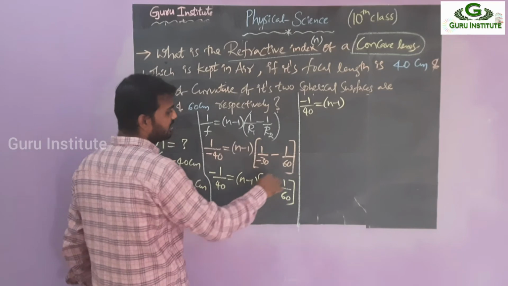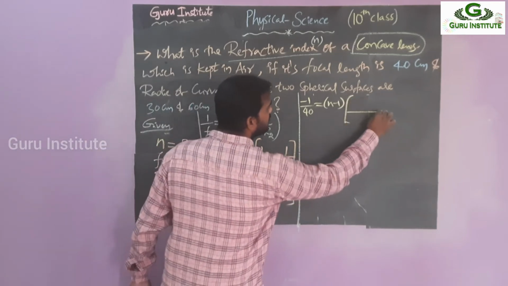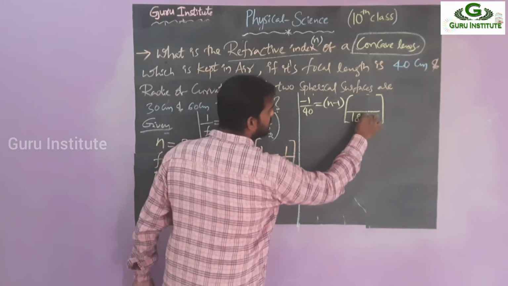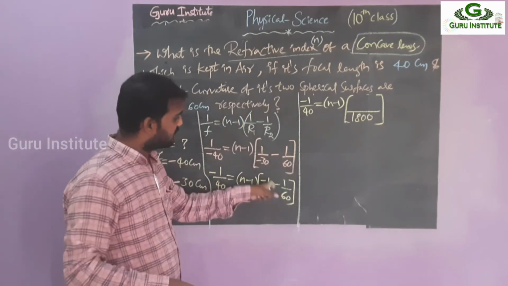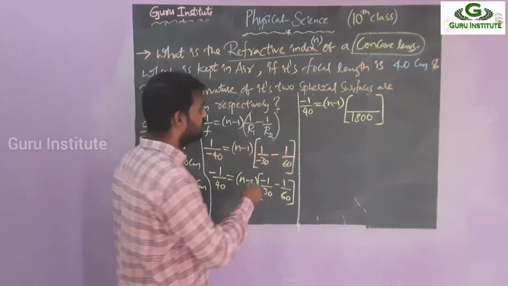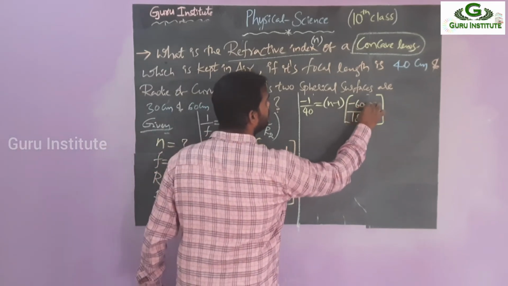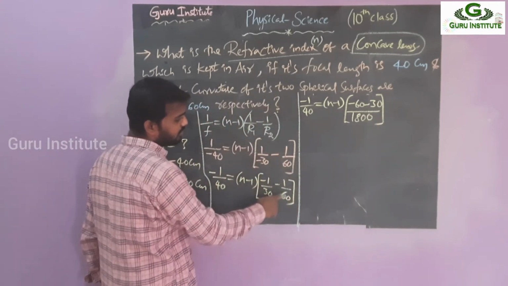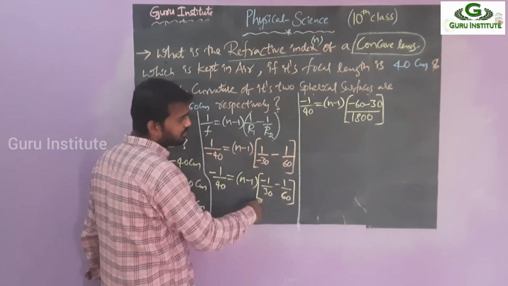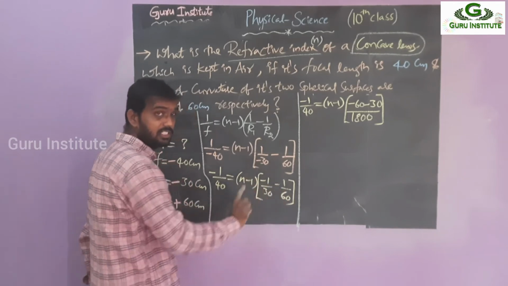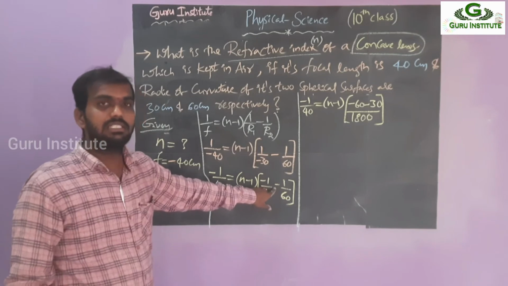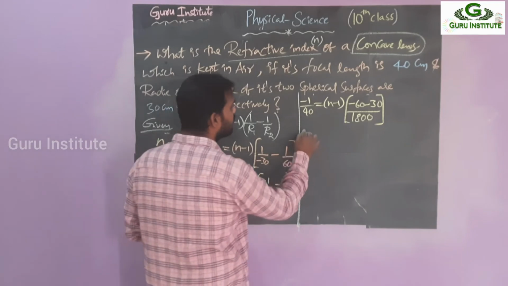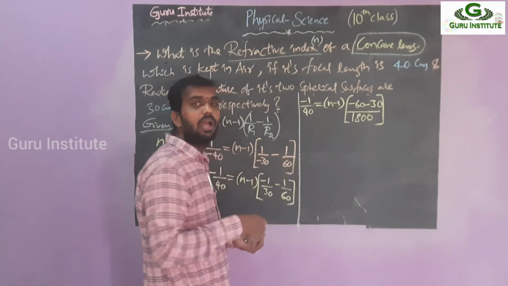Okay. Next, the total LCM. How much are we taking? 30 into 60. How much? 3 6 ja 18, 1800. Next, 61 ja 60, 31 ja 30. Both are minus. So in the above, minus 60 minus 30. See here, 61 ja 60: minus 1 into 60, minus 60. Minus 1 into 30, minus 30. 31 ja 30, 61 ja 60. So just observe the signs. Okay, right? So both are minus only. So now if both are minus, what do we have to do? We have to add them, right?